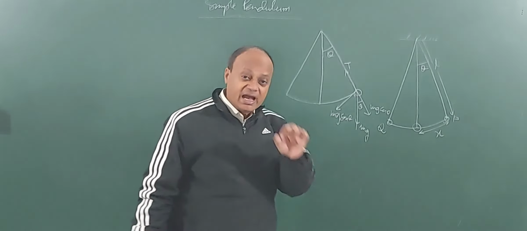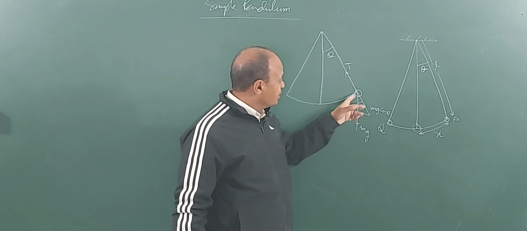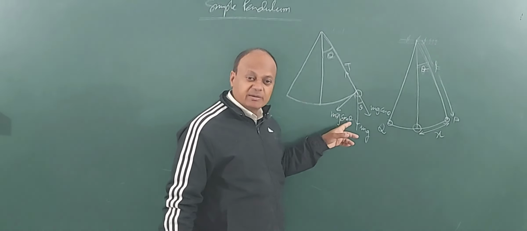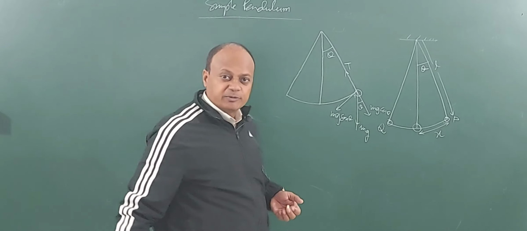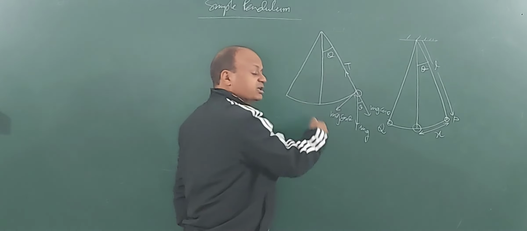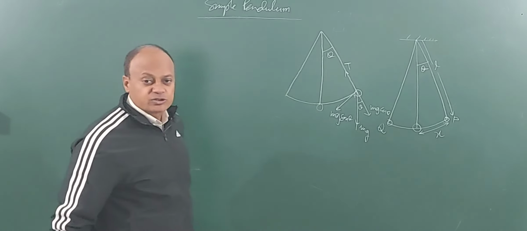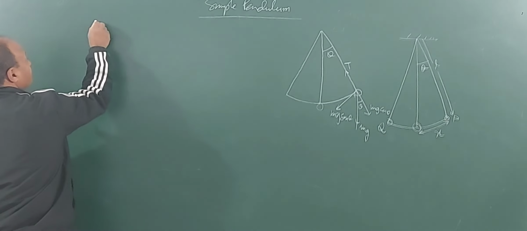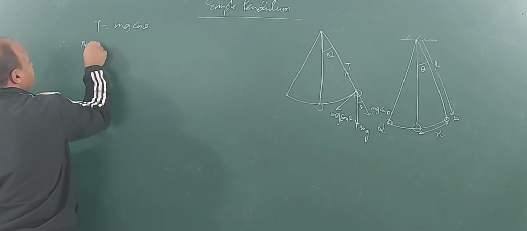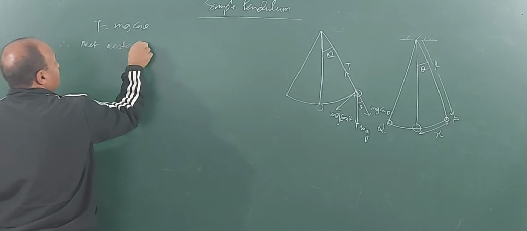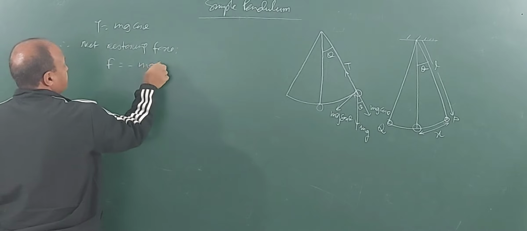So the net force acting on the mass which is trying to restore is mg sin theta, because I am displacing it away from the center, away from the mean position, but mg sin theta is trying to bring it towards the mean position. Mean position is here, so mg sin theta is acting as a restoring force. T is equal to mg cos theta, they are cancelling out each other. Therefore, net restoring force F will be minus mg sin theta.